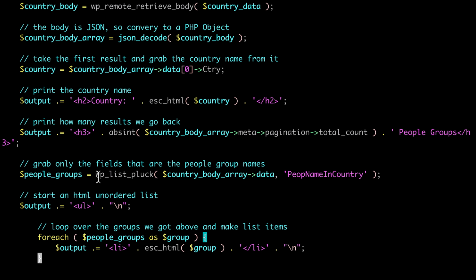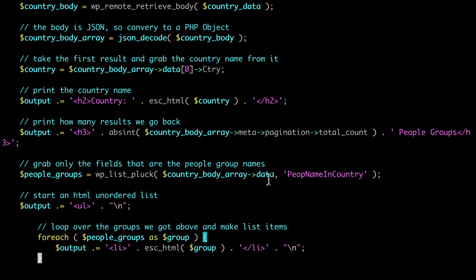Then this is really cool. So I have a very complex array here. This is all the data about Yemen. All I want to know is the people group name in the country. So WordPress has a cool function called wp_list_pluck, where you give it an array, no matter how complicated, and you say, I want this one thing out of every item in the array.